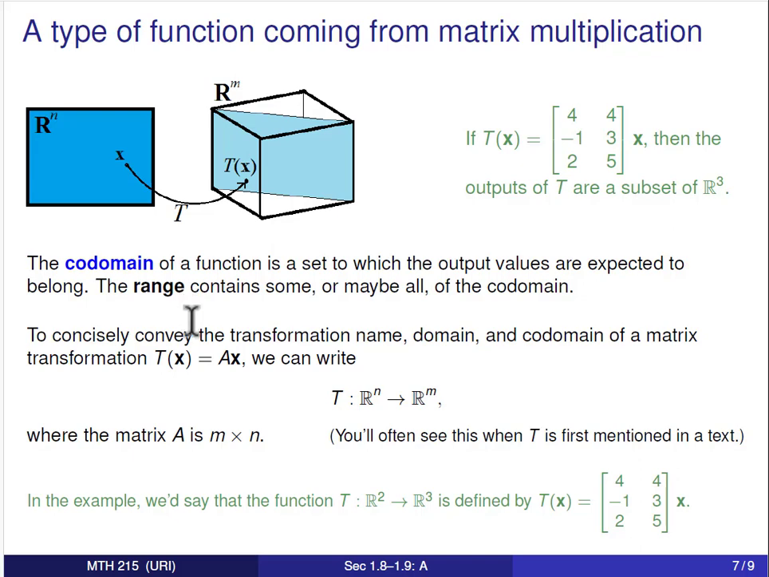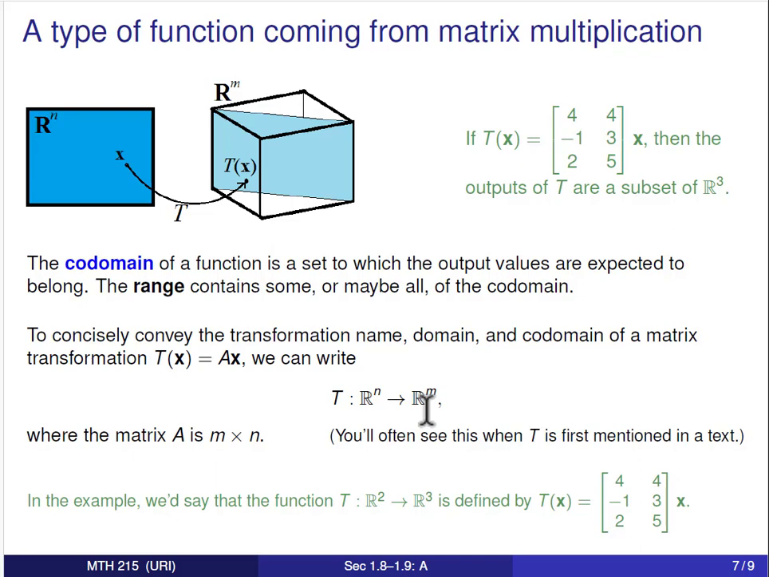What we often do to convey the transformation name, domain, and codomain of a matrix transformation is write the name of the function T colon Rn to Rm, where Rn is the domain. This is a right-handed pointing arrow, and Rm is the codomain. So you can see here that the domain is listed first. That's where the inputs are going to come from. And then this arrow represents the action of that function, and it spits out elements from the codomain